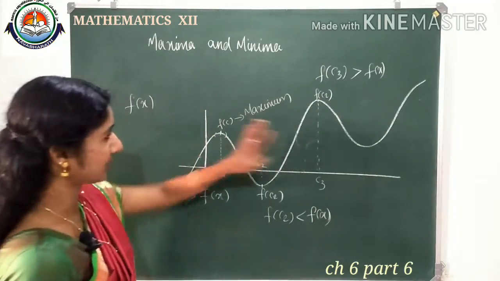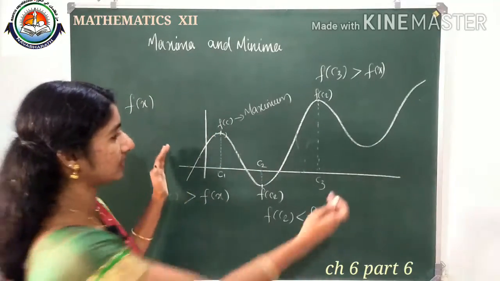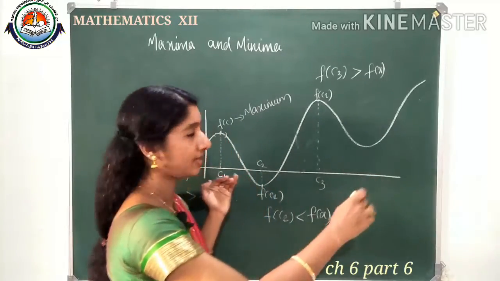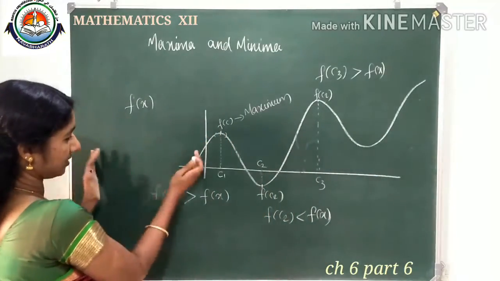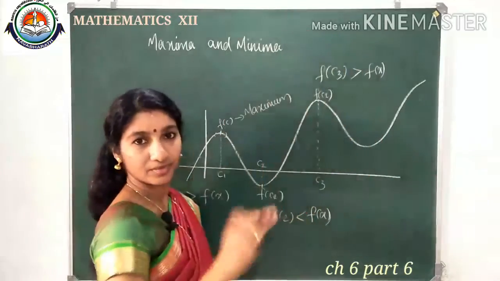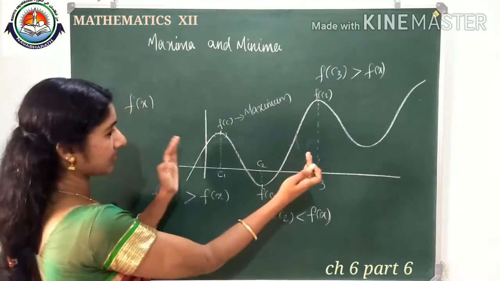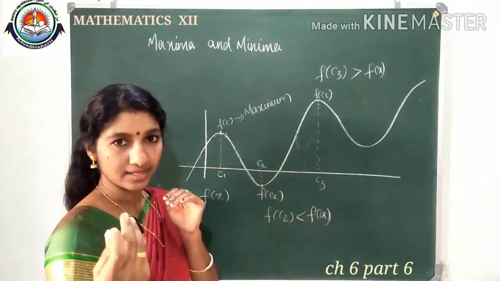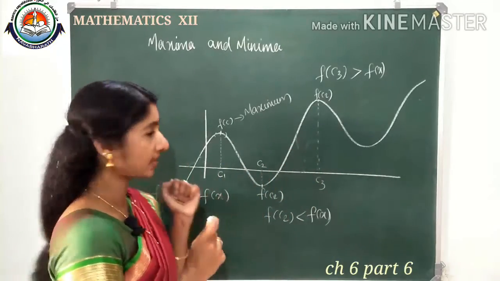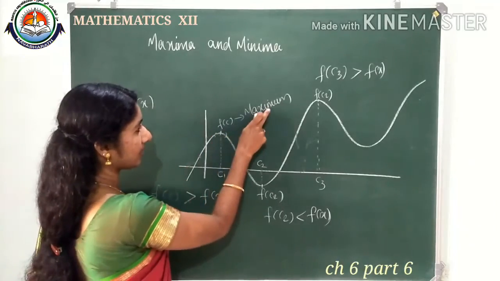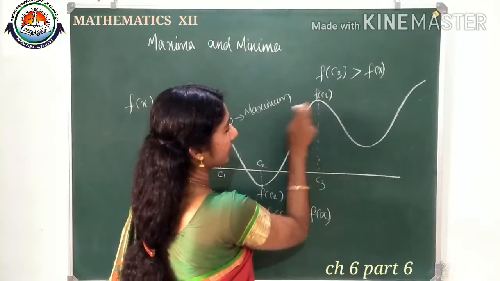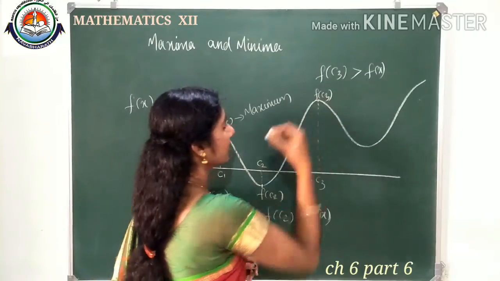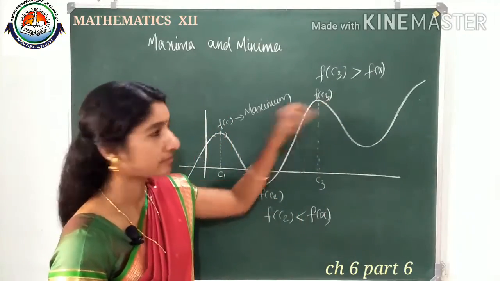For this function at present, this function is not over here. If you consider the real numbers as the domain, we will get this function, with more structure to the left side and the right side. So we consider only a few portions of this function, and among those we are discussing the maximum value and minimum value. Here we got a maximum value, and here we got a maximum value at C3. F of C3 also gives a maximum value.